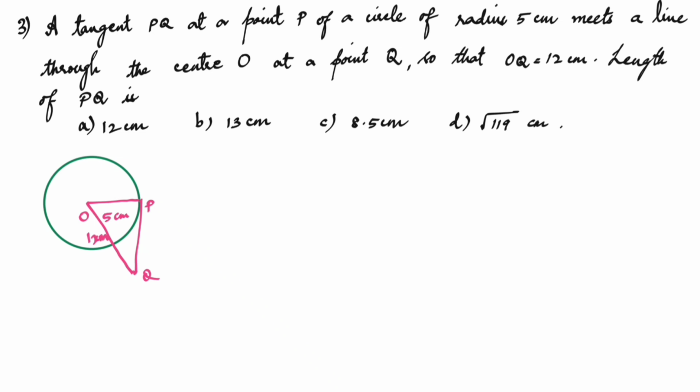By theorem 10.1, we know that angle OPQ is 90 degrees. That is, the tangent at any point of a circle is perpendicular to the radius through the point of contact. Therefore, angle OPQ becomes 90 degrees. And now we get triangle OPQ, a right angle triangle. We know by Pythagoras theorem,